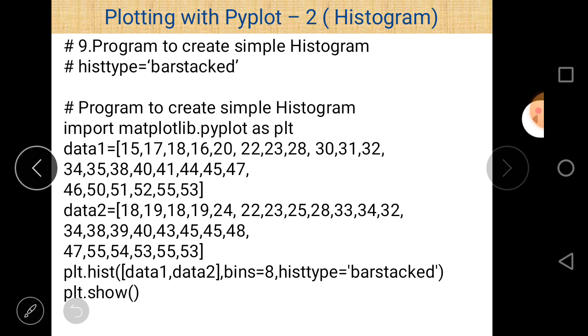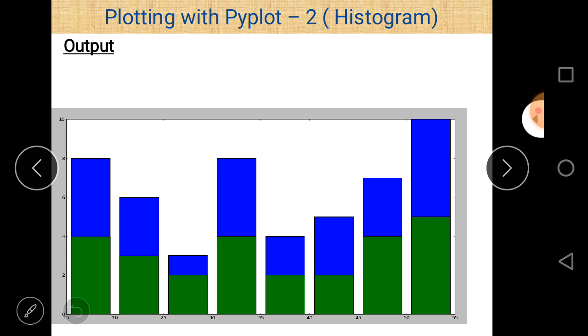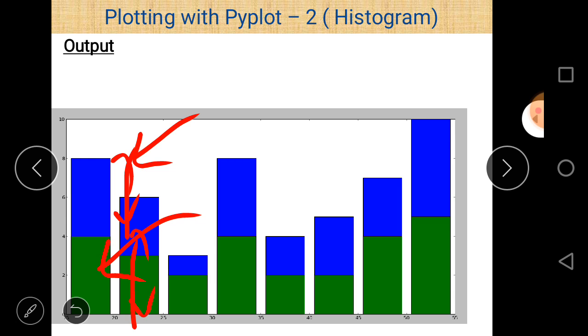In this program we can easily see that after the execution of the program, this is the output. There are two colors, green and blue, and there is only a single bar here. In this bar there are two portions, green and blue, and there is a particular range for each.